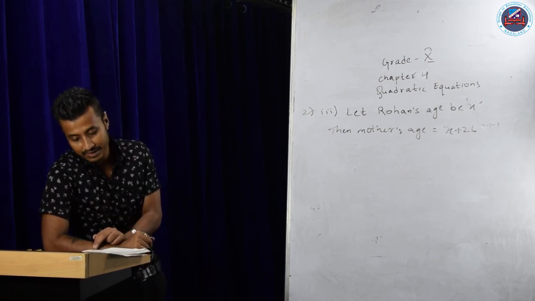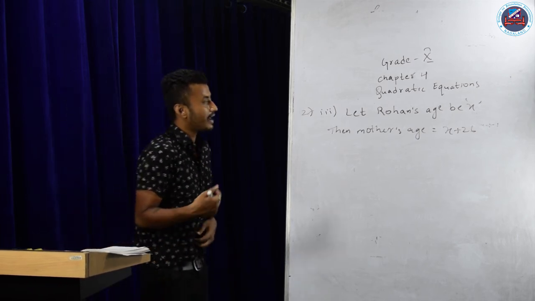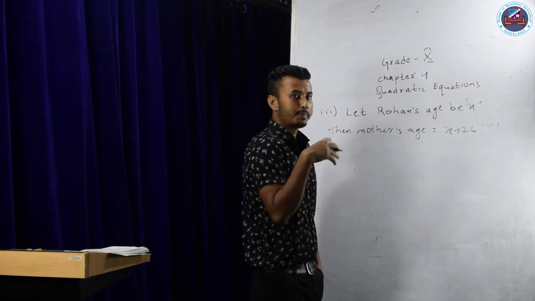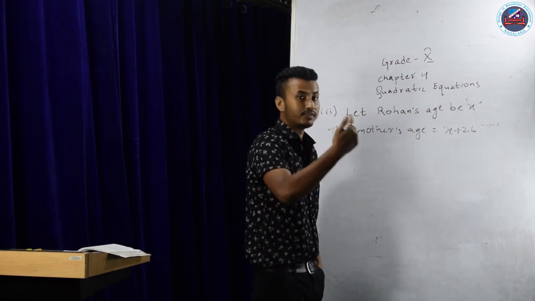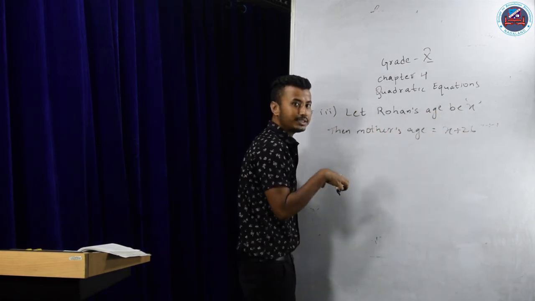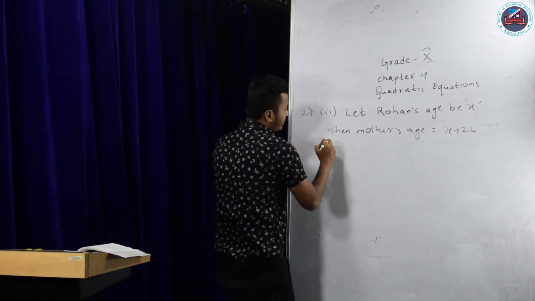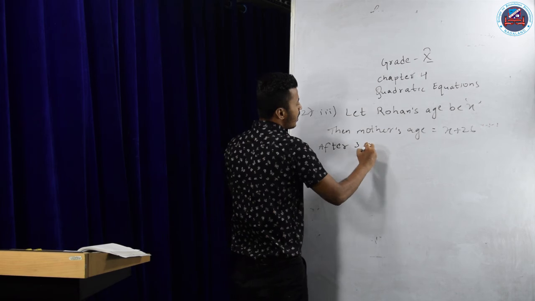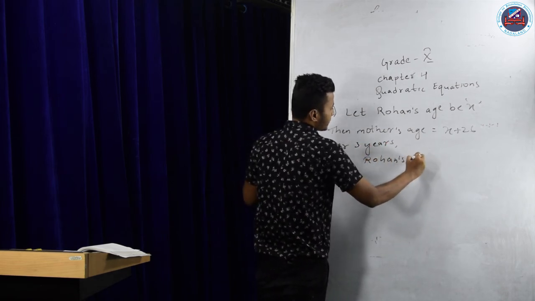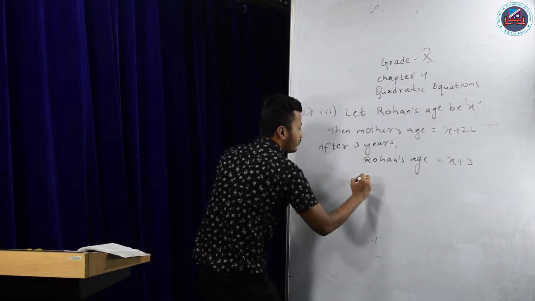Next data. The product of their ages 3 years from now will be 360. Now next thing, you are not calculating it for the present age, you are calculating it for the age after 3 years. So if Rohan's age is X years today, that means this year Rohan's age is X, what will be his age after 3 years? After 3 years, Rohan's age will be X plus 3, yes or no guys? And mother's age will be